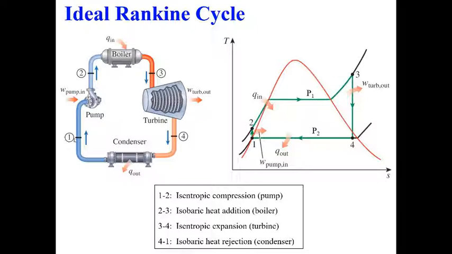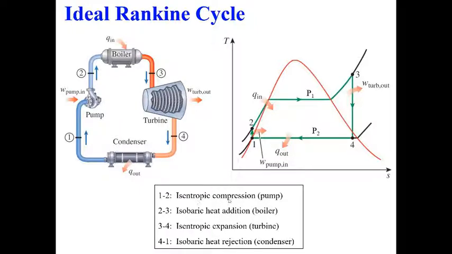So at first we have a liquid which is pumped using this pump at a slightly higher pressure. So we are going from 1 to 2. So this liquid is basically pumped to a boiler where heat is added. Liquid is converted to vapor. So you can see this red line shows the vapor dome, where initially we have 1 as saturated liquid, which goes to 2 inside the pump. Then from 2 to 3, this is the heat addition process, isobaric heat addition.